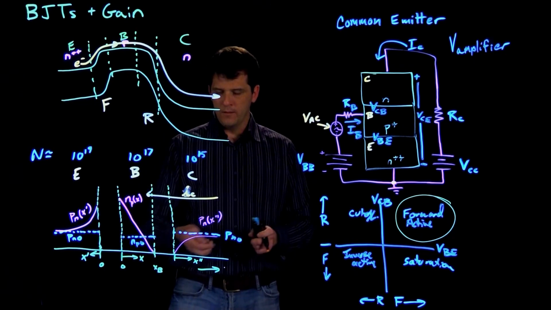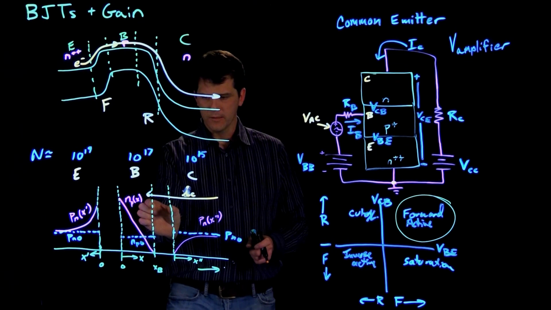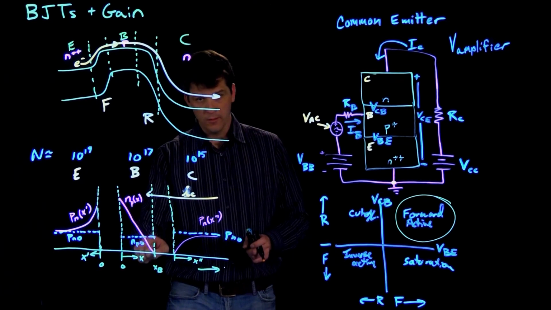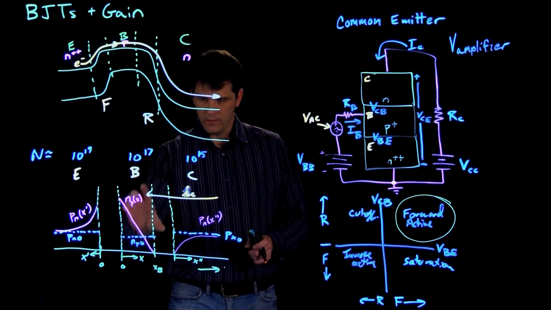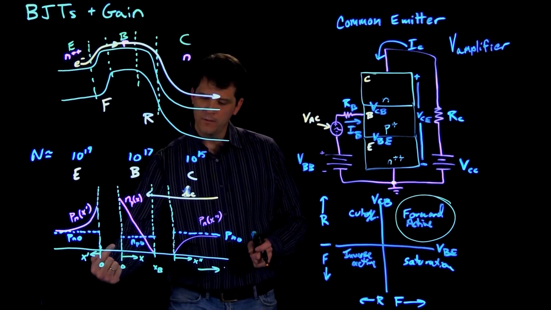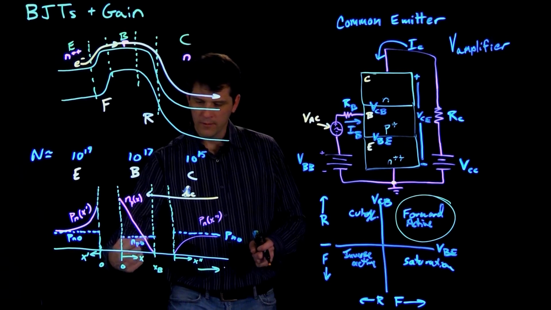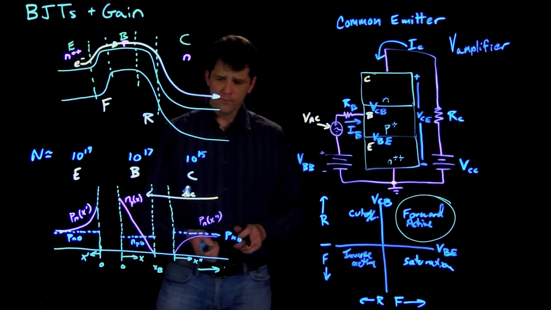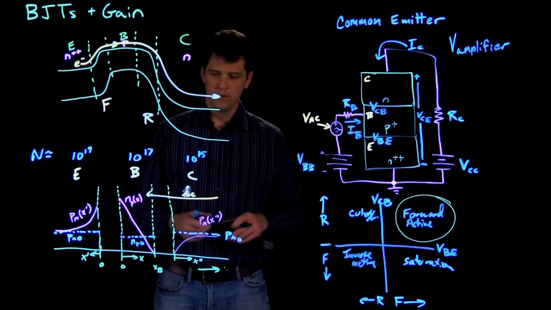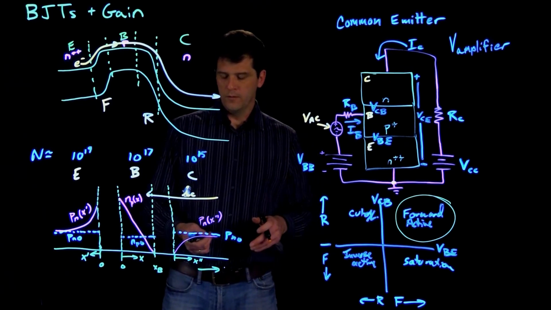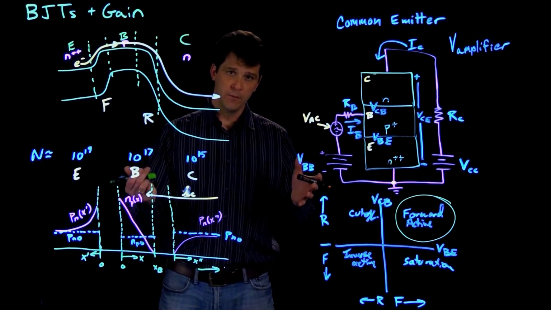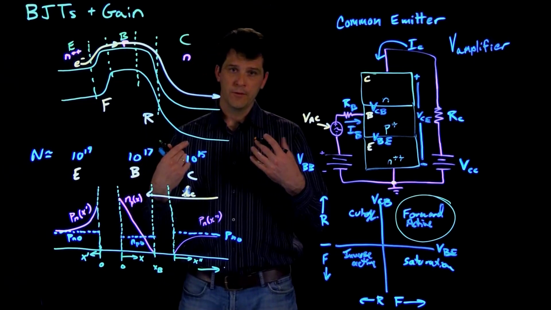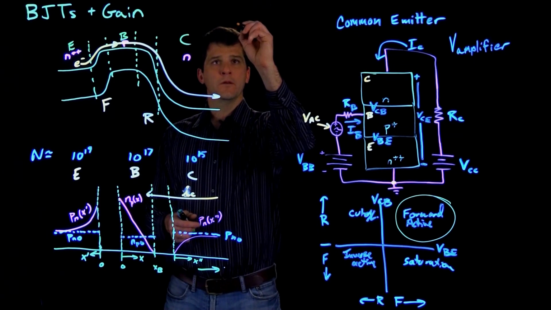If we can assume that there's no recombination in this region, then we can evaluate the diffusion current here on the base side of this junction to calculate the injected current, and then assume that all the current makes it to the other side. So we have to figure out what that's going to be. Our study of the p-n junction has shown us that the major currents consist of the diffusion currents, and so